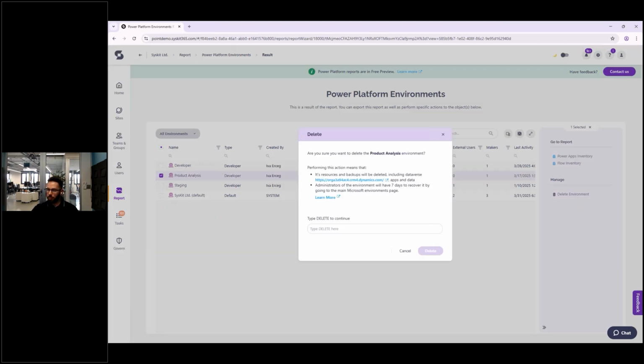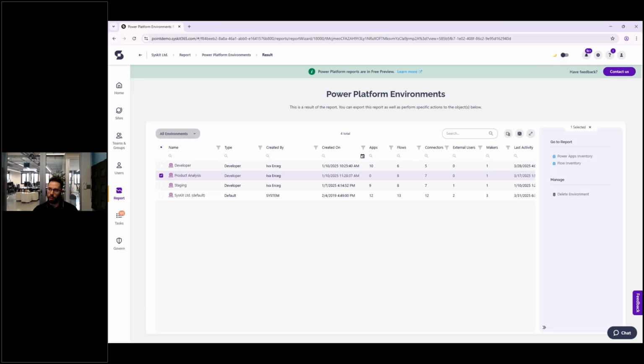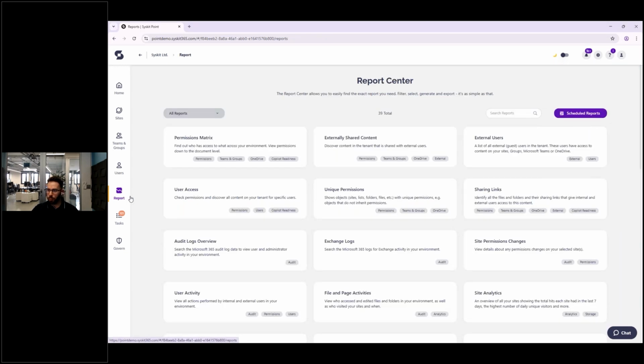You can make sure that you really do want to delete this information, and you can also recover it through Microsoft in the time period that they allow. But if you figure out that you want to clean up your environment, you can do it right from Syskit Point. So right now, let's move on to the report center to the left instead of going through the tile,